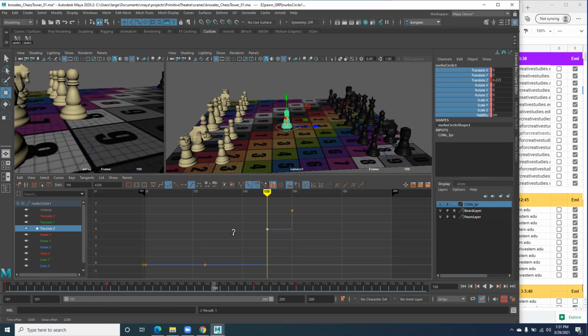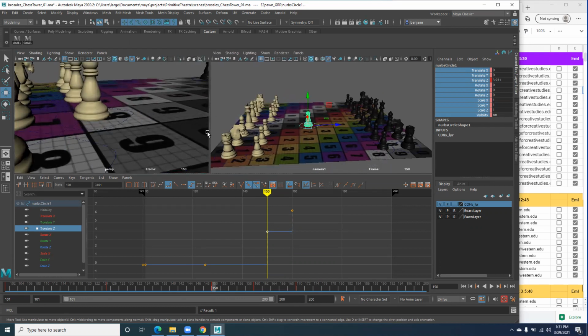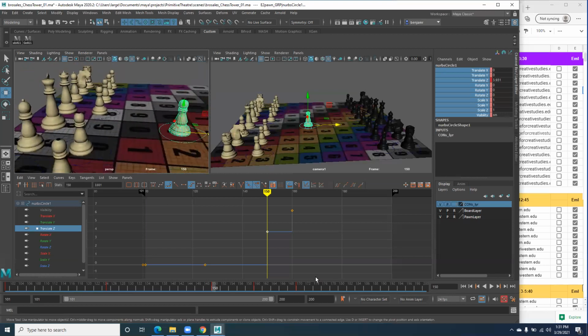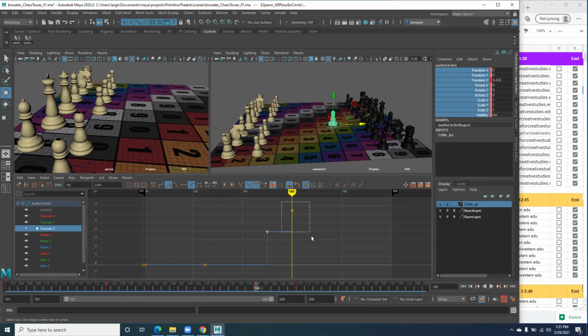So yeah, that'll help you. There's a lot of different ways to get the same thing done in Maya, and that's true with a lot of software. But let's say I want him there. So let's say at 150 he moves forward, and then 150 plus 25 is 175. Oh, you know what? I'm going to go ahead and delete 160. I decided I don't want those. So if I just delete this one,